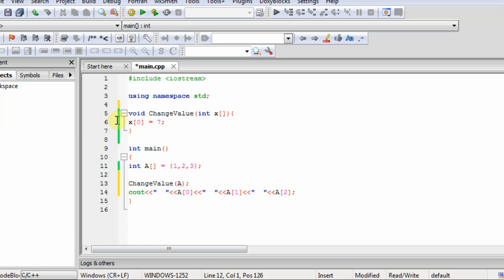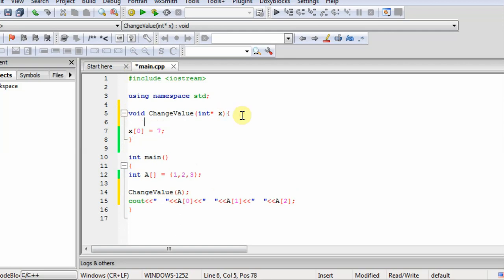But now I have already cleared your concept. We are passing the address of the first element here, not the array, so it will work the same. When I change the value of the array's 0th element inside this function, it will also reflect the change in the main function, because this is pointing to the address. It's not creating a copy of the array.